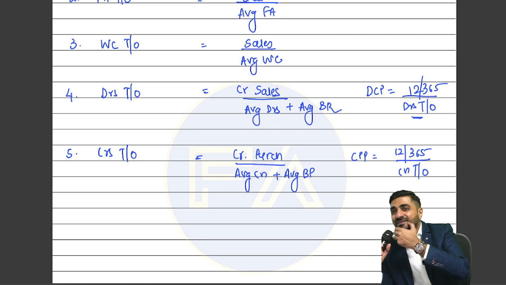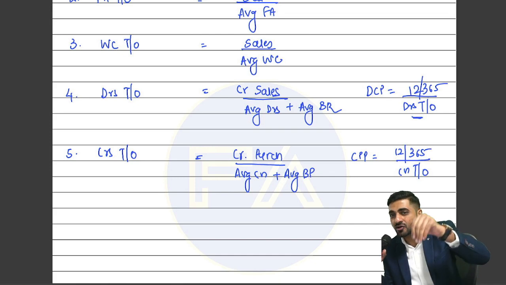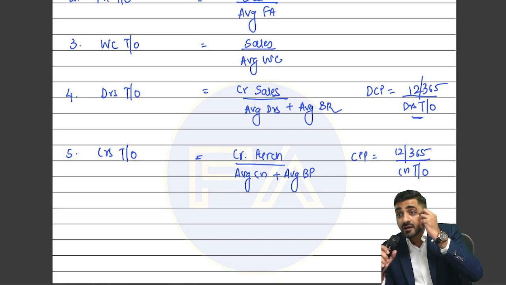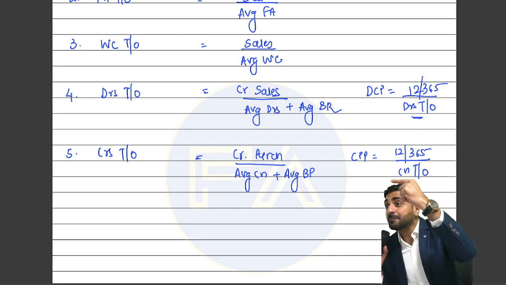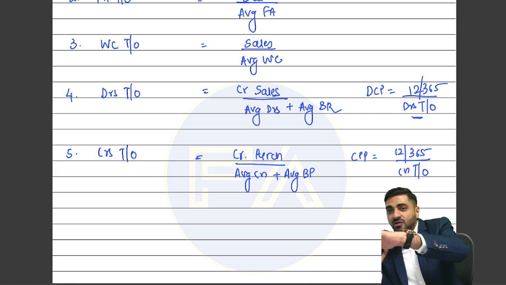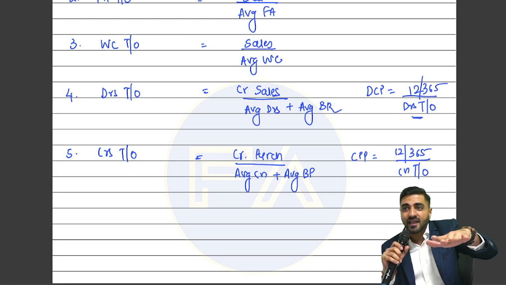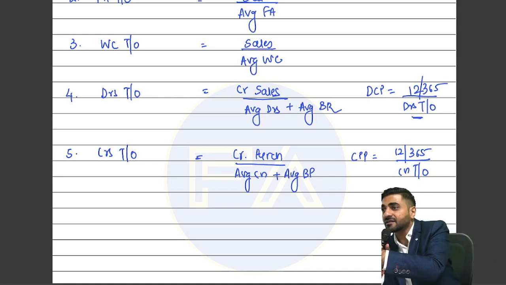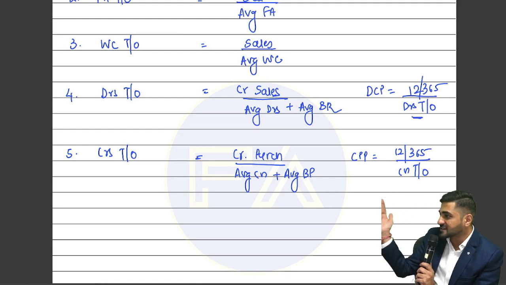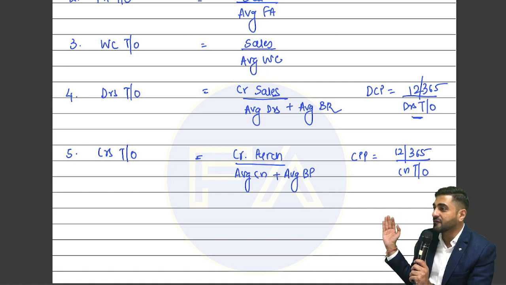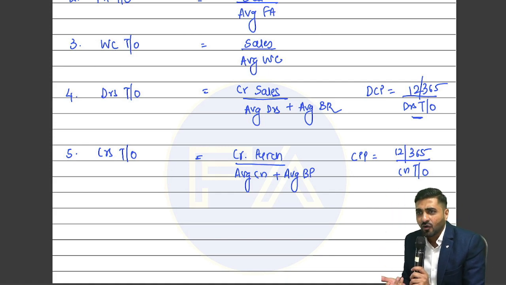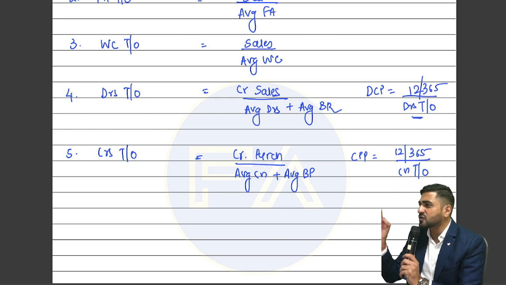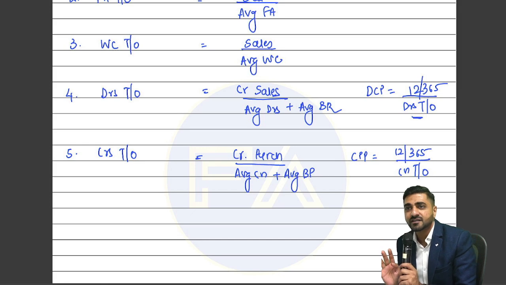Creditors turnover ratio. What do you think about your creditors payment period, should it be higher the better, or lower? Very good. Creditors payment period should always be higher. You are all going to become chartered accountants. When it comes to making payments, you should always search for a supplier who will give you higher credit at the same cost of goods.